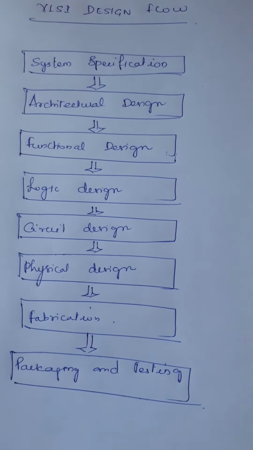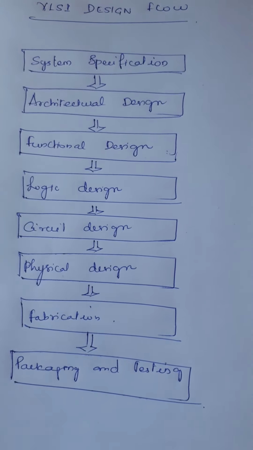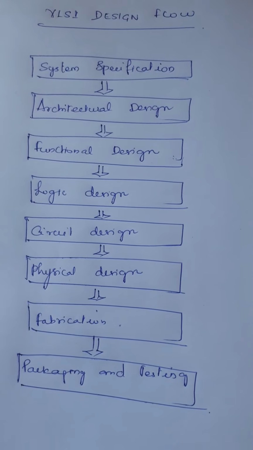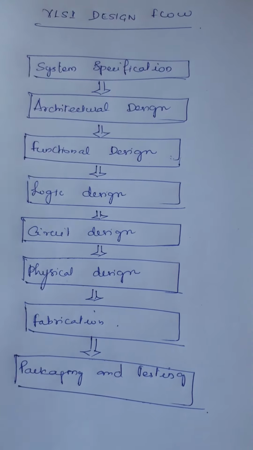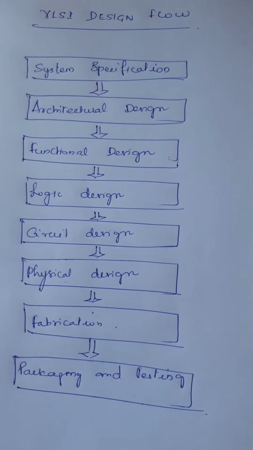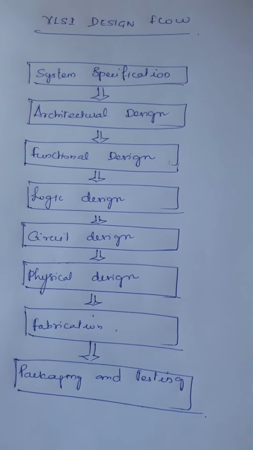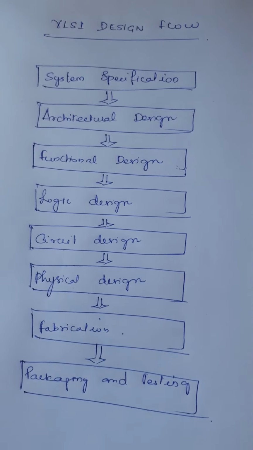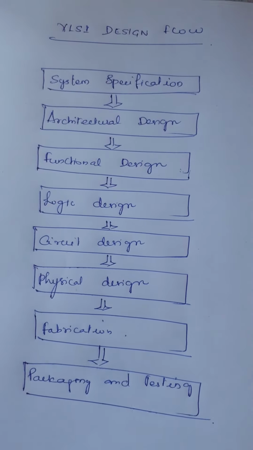The layout data is converted into a photolithographic mask, one for each layer. A mask identifies spaces on the wafer where certain materials need to be deposited, diffused, or even removed. The silicon crystals are grown and sliced to produce wafers. The extremely small dimensions of VLSI devices require that the wafers be polished to near perfection. The fabrication process consists of several steps involving deposition and diffusion of various materials on the wafer. During each step, one mask is used. Several dozen masks may be used to complete the fabrication process.